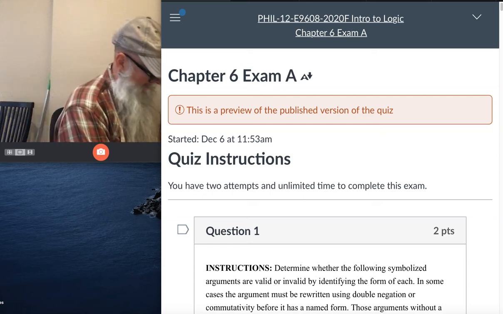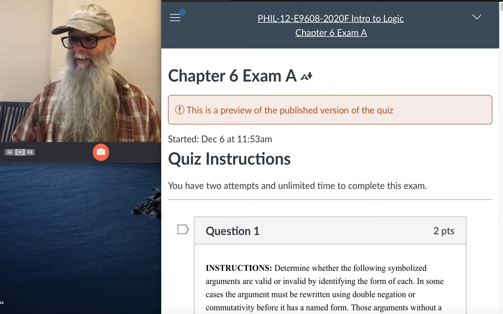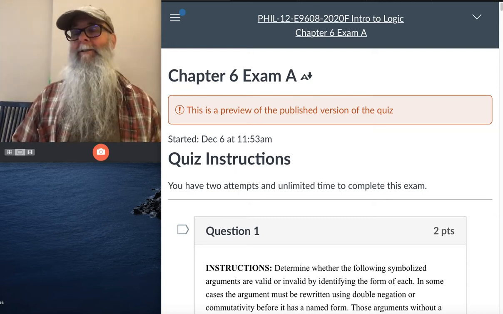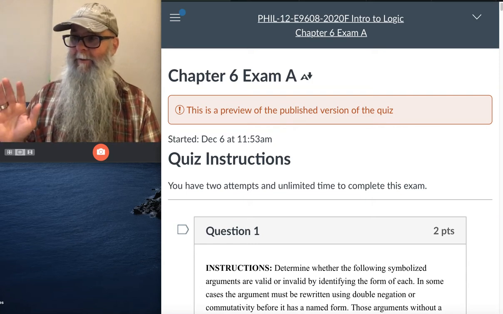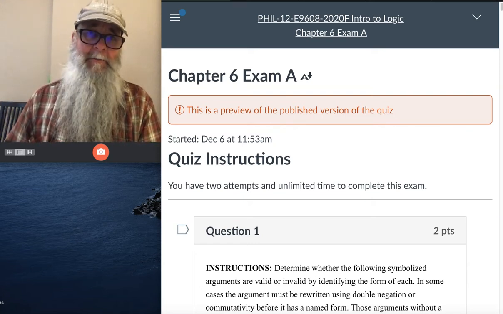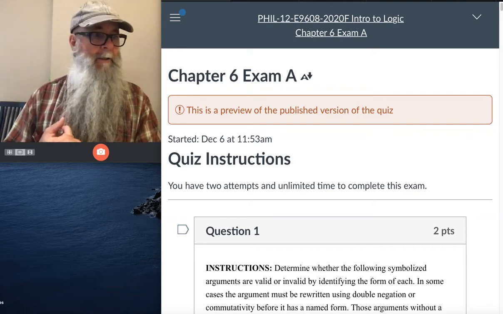All right, Chapter 6 exam, your last exam. It's not a comprehensive exam, so nothing in here about categorical logic, no Venn diagrams. You don't have to sweat any of that. This focuses exclusively on Chapter 6, propositional logic, and it's going to have problems that ask you to translate ordinary